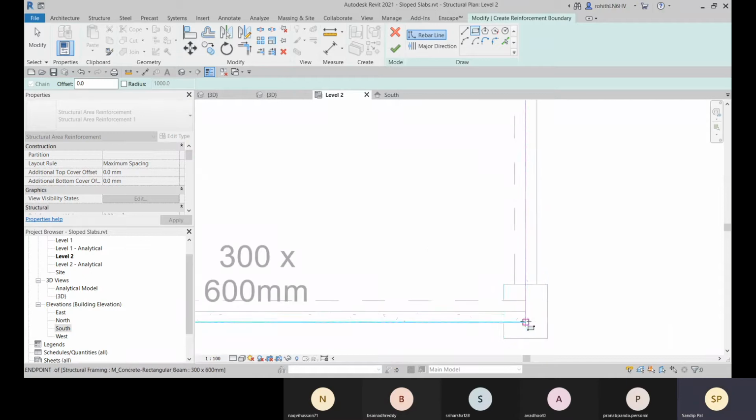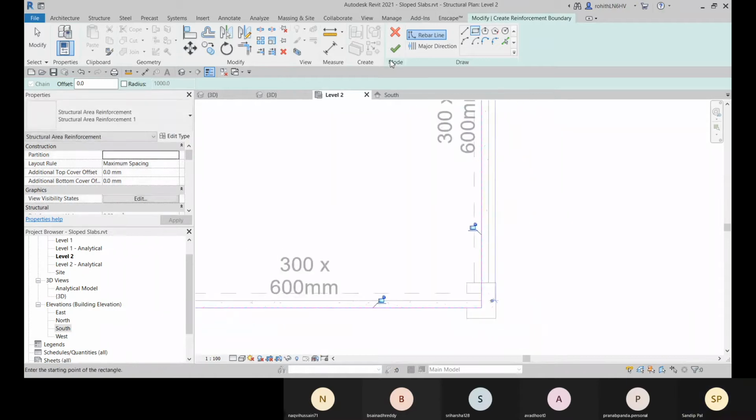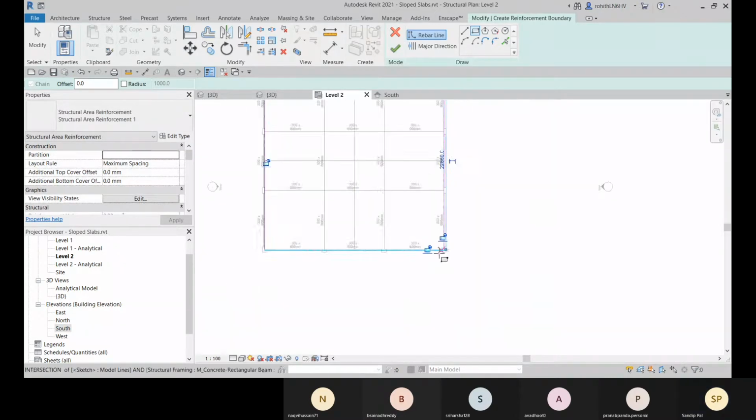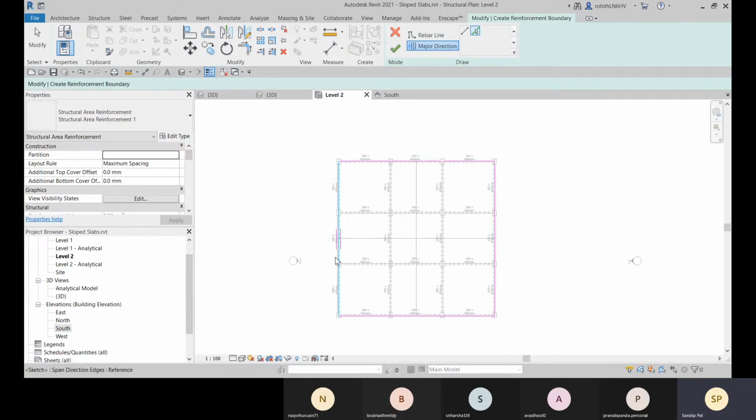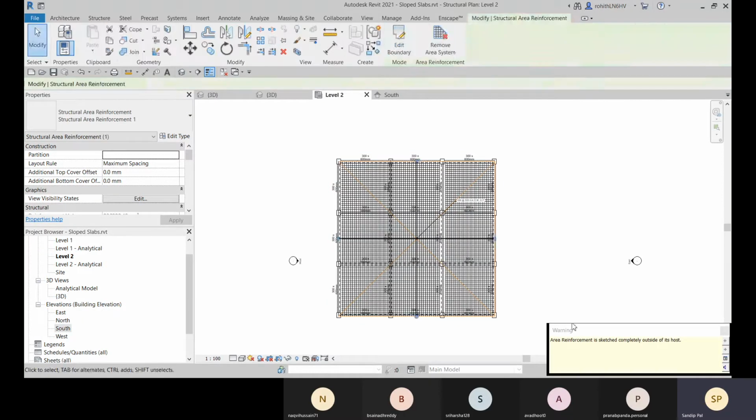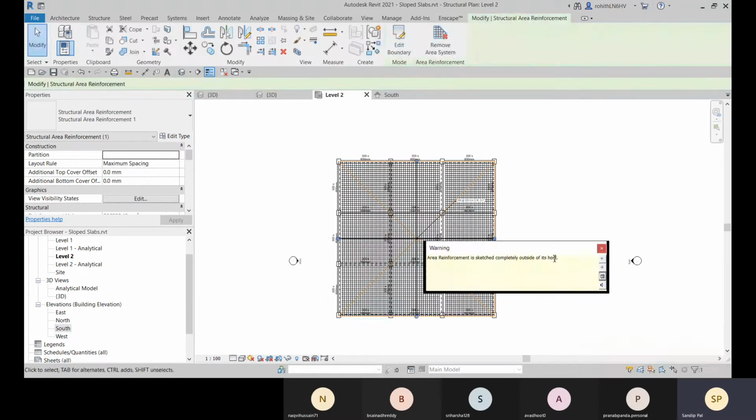Let me go with this point, and you can see this is the major direction. So the main bar will be placed in this direction. If you want to change the major direction, you can select this way, and this is the major direction right now. Then you can finish it.